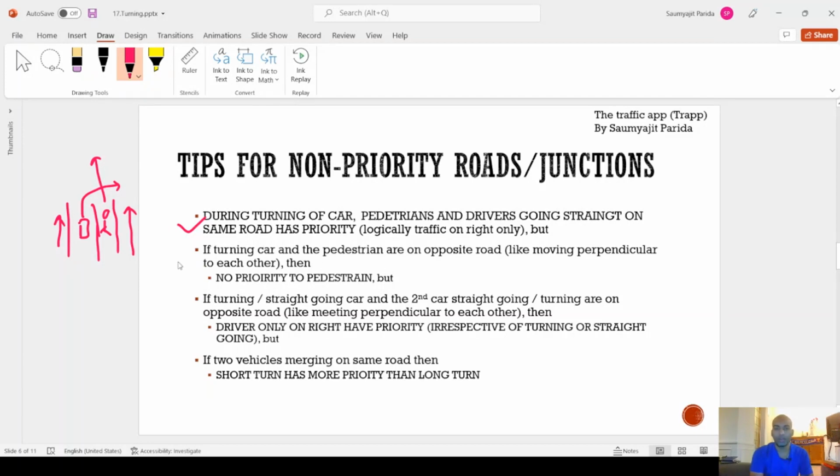Very important. Then the second point is, if the turning car and the pedestrian are on opposite roads, like moving perpendicular to each other, then no priority to the pedestrian. Okay, let me show with an example. Suppose this is the road and the pavement or the walkway is like this, and the person is moving from left to right,